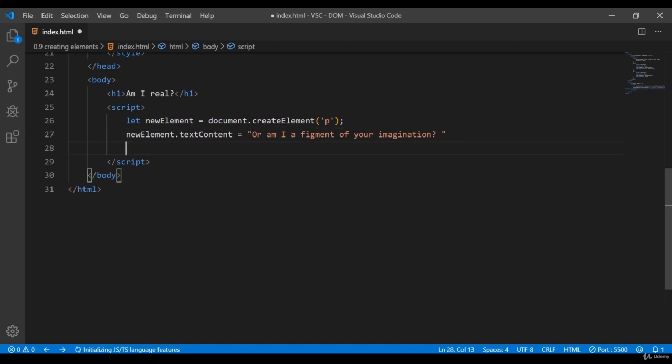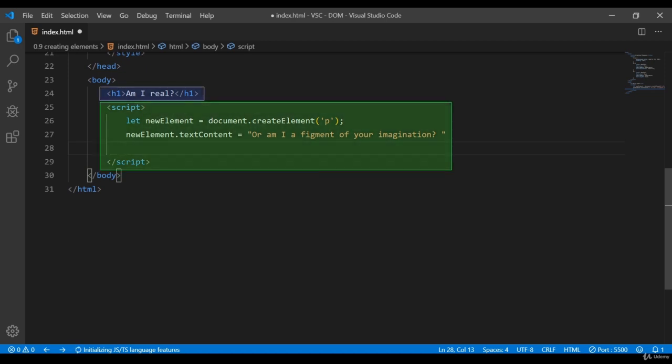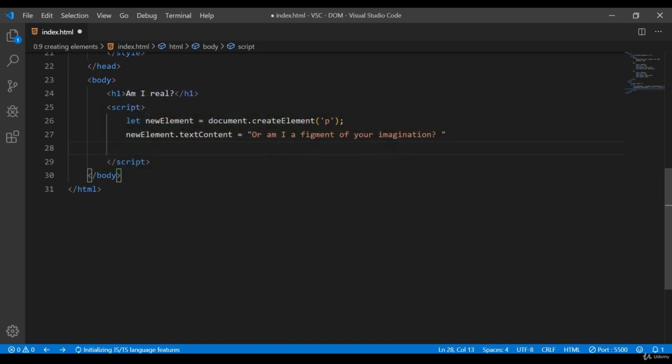Now I want us to take a step back and think about what it is we want to do. We've got our H1 and we have our script tags, right? And we're wanting to add this paragraph before the script tag. Yes, we can use the method insertBefore, but sometimes your code gets so complicated. Sometimes you want to actually insert something after something. And like I said, there is no insert after method,